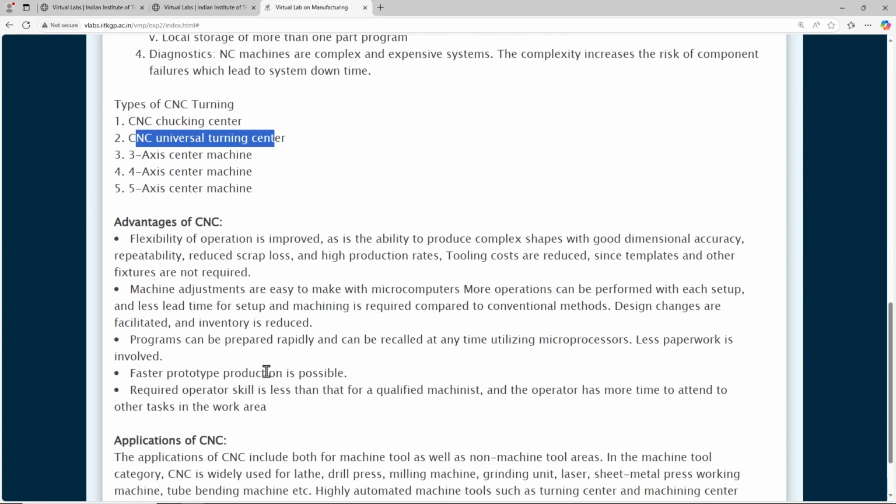In the 4th axis, an angle could also be given to the tool post. In the 5th axis, the spindle that you have could also have a swivel movement. So, the degrees of freedom enhance when we have a 5 axis machine.